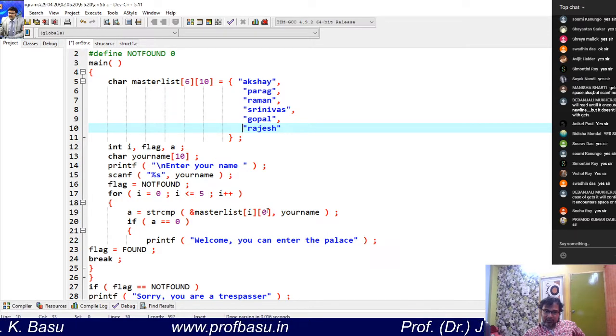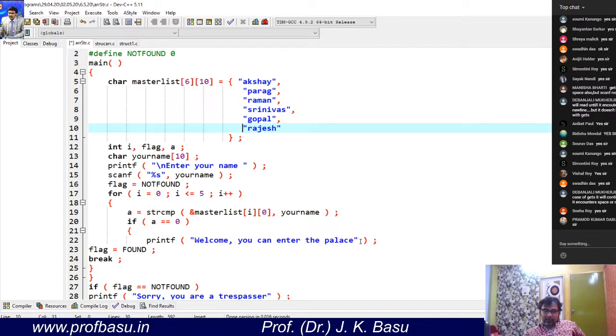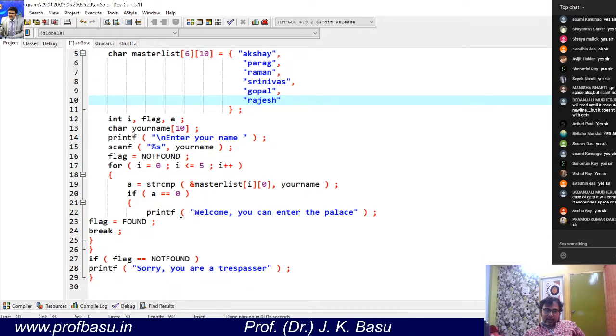This is I000, and then your name. Because string comparison, as we know, takes two strings. So we are sending two strings: the first one, which means Akash, and your name. If A is 0, then welcome, you can enter the place. And if it is